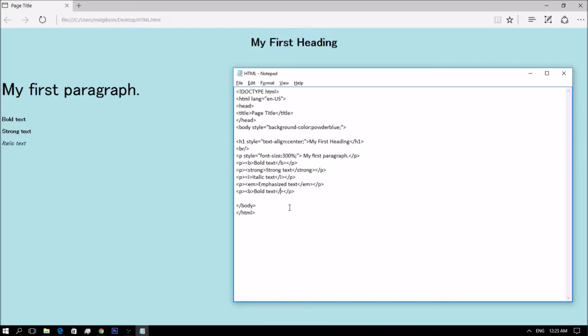We have the mark text. Next, we have the small text. Then we have the deleted text.